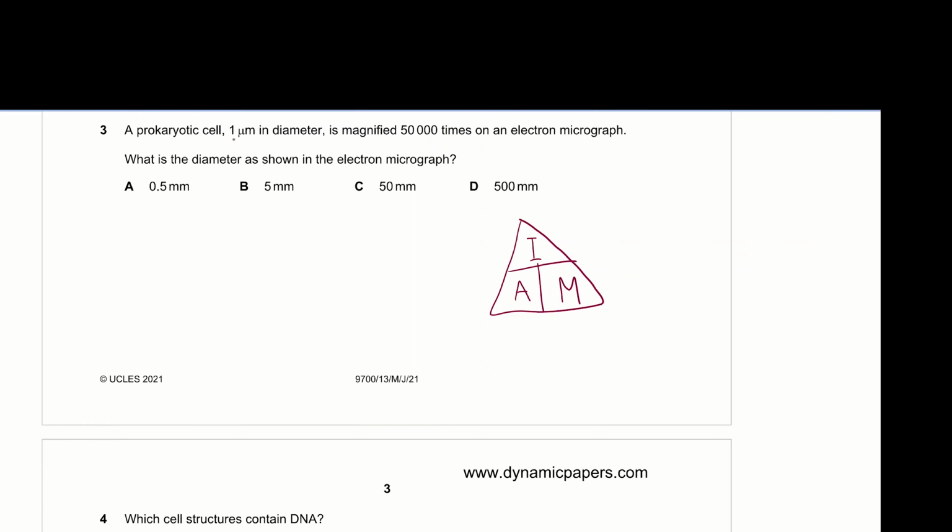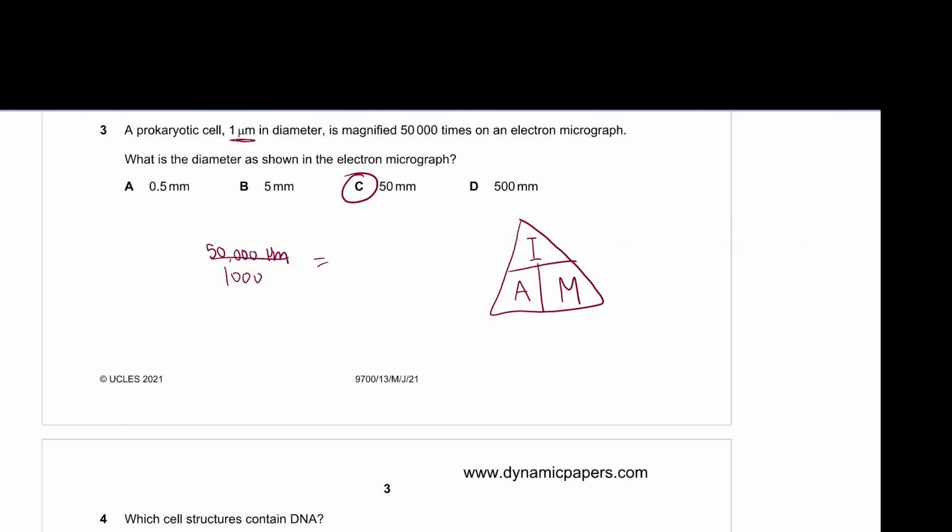Here the actual size, we have it in micrometers. So we multiply 1 by 50,000 gives us 50,000 micrometers. And here it wants the answer in millimeters. So to convert from micrometers to millimeters, we divide by 1000. So the answer is going to be